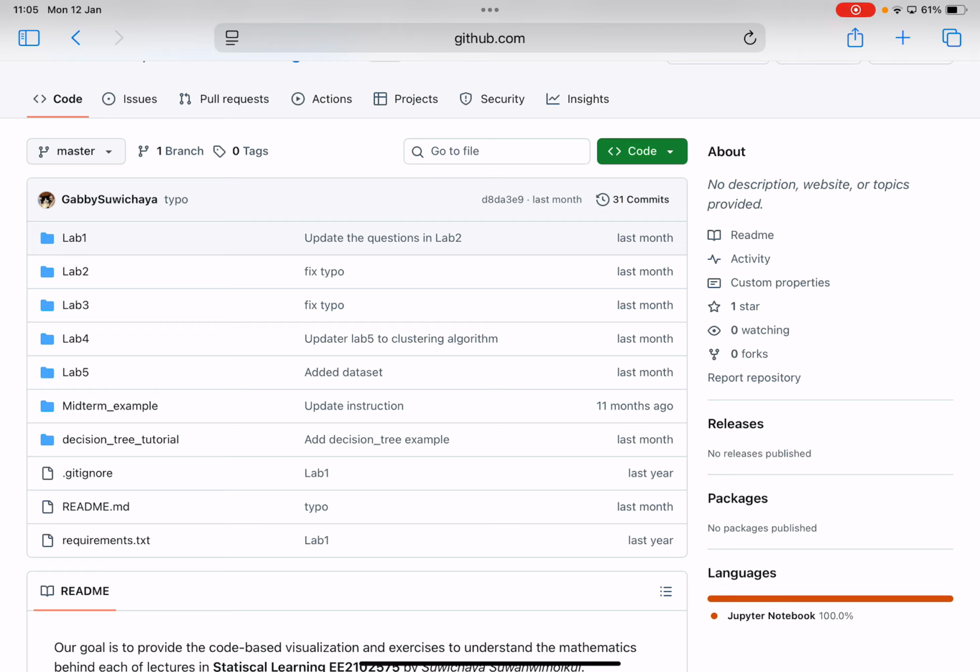And another thing that I asked you to do was to find a group, right? For this class, let's make it no more than 5 groups, please. And I assume that all of you have done it. Anyway, in lab 1,